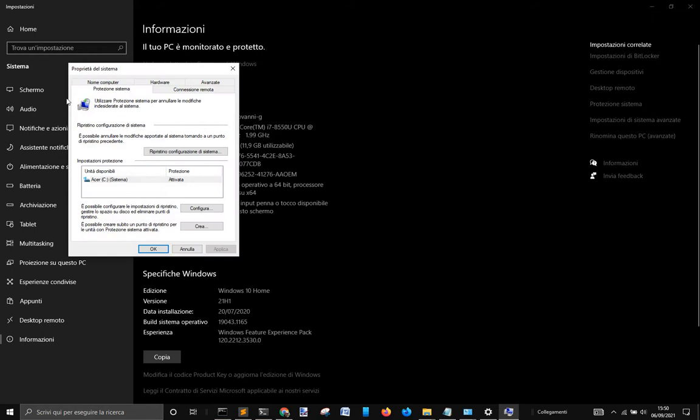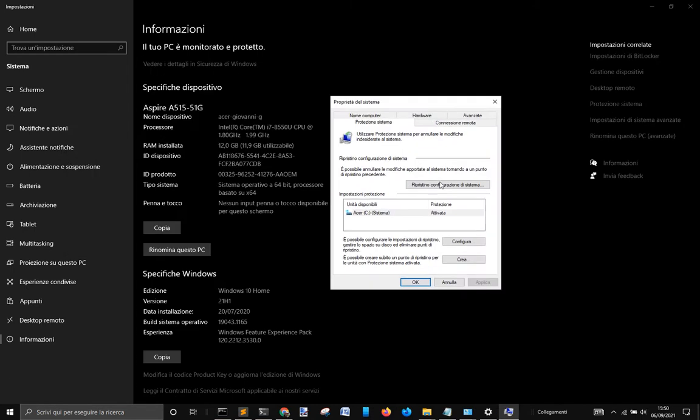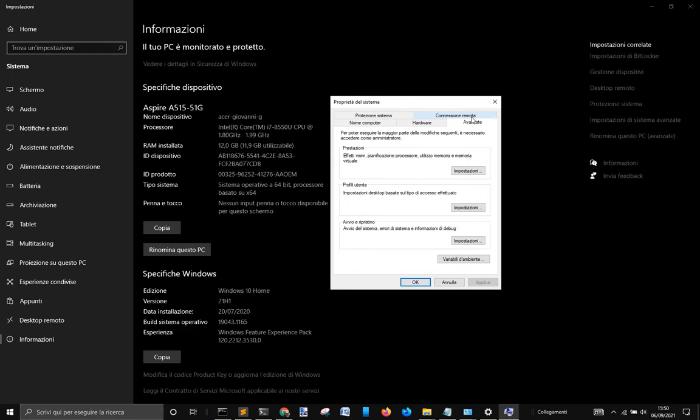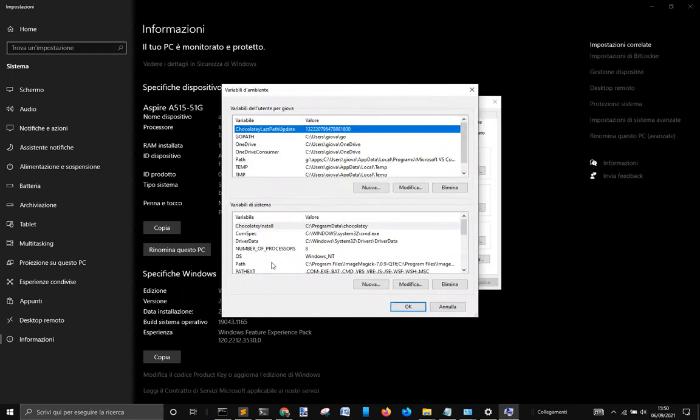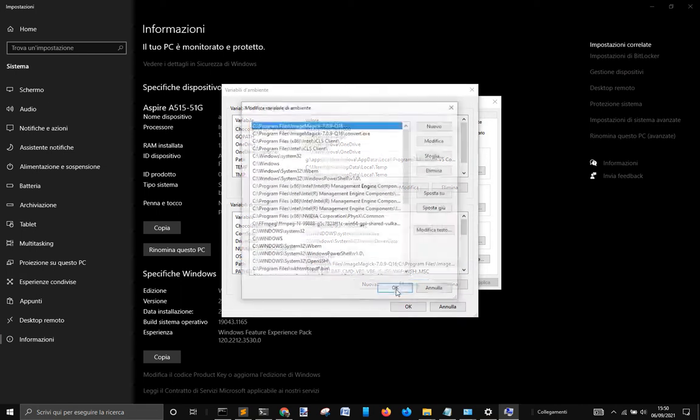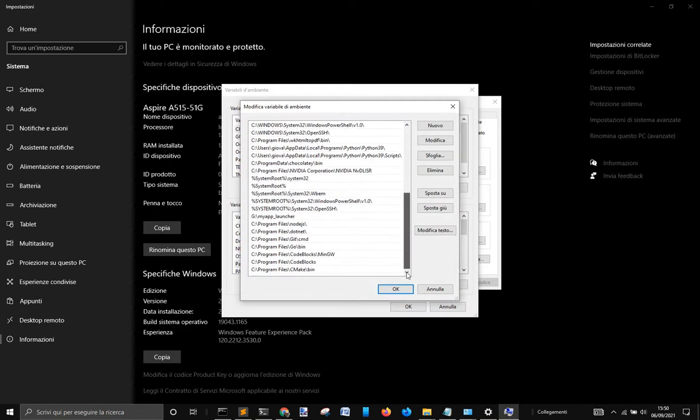I think this is in Italian, and you find the same window as before, and you go in Advanced, Properties of the System, Advanced, then you go in Environment Variables, and then here you can go and modify it and add your environment variables. For example, I have here